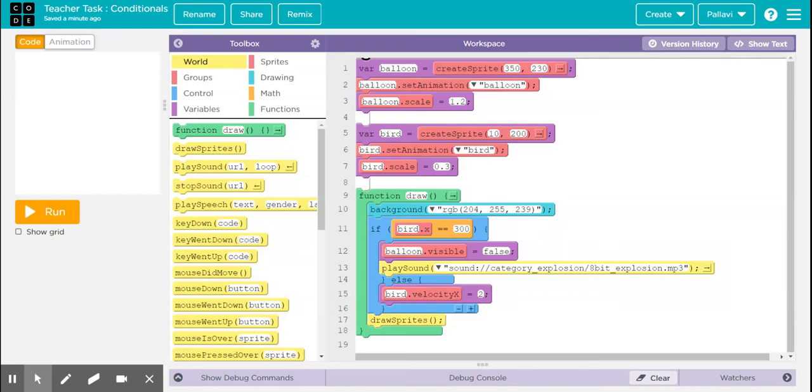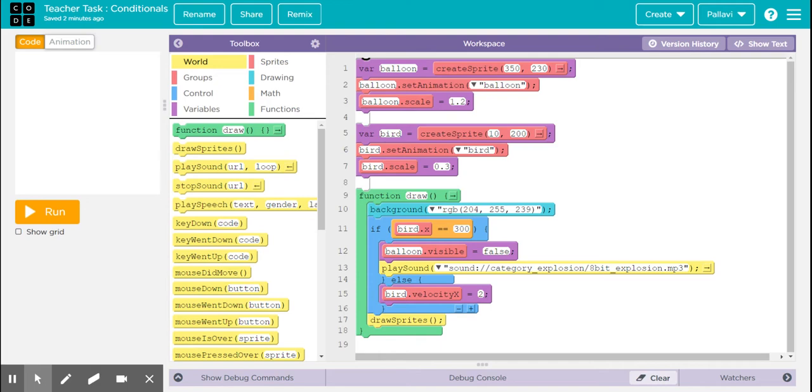Conditional statements are often used for decision making in programming, and the different variations of conditional statements are the simple if statement, the if else statement, and the if else if statement. A simple if statement is used only when you have one condition to check, and if that is true, the if statement will be executed. If that condition is false, then the action mentioned in the if statement will not be executed.